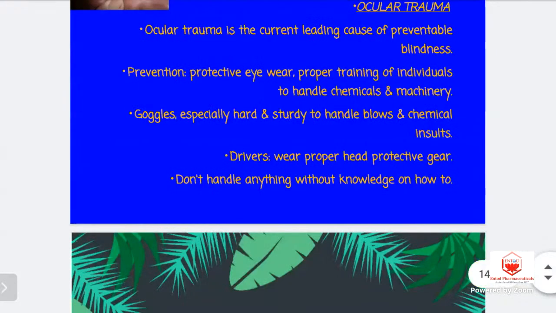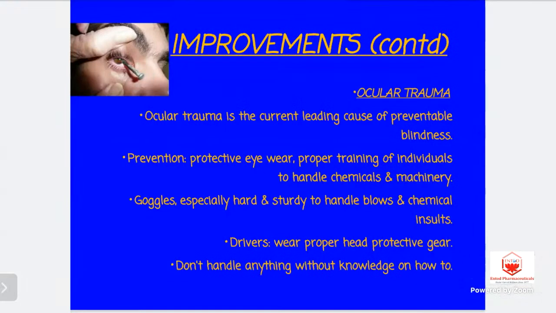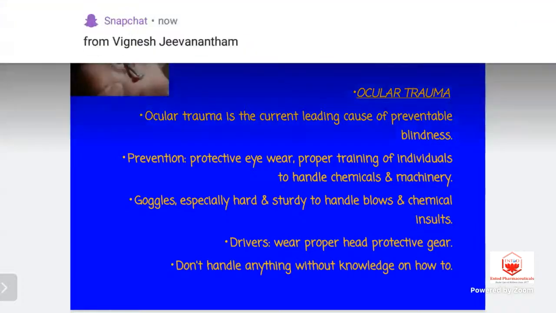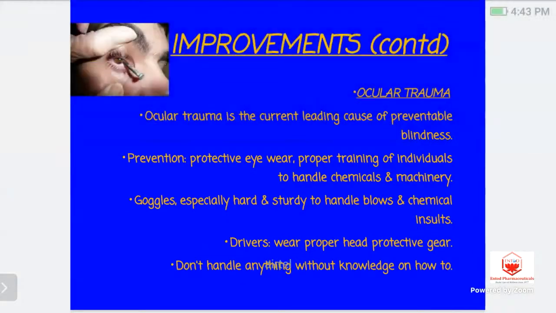And the final point of the presentation is ocular trauma. Ocular trauma recently is picking up pace, and it's basically a cause of preventable blindness. So how can you prevent ocular trauma? Very simple logic is protection. Protective eyewear, especially in high-risk groups, and of course, proper training of individuals, especially those